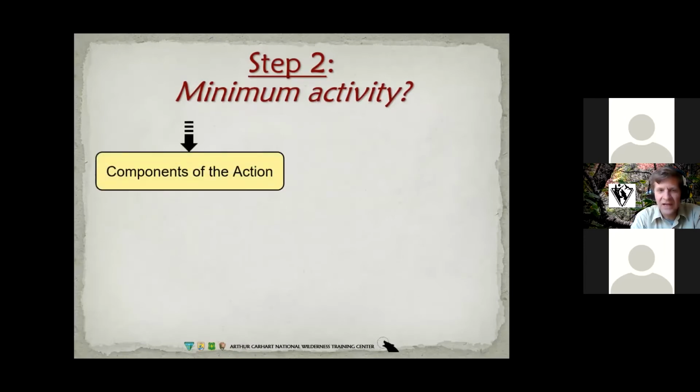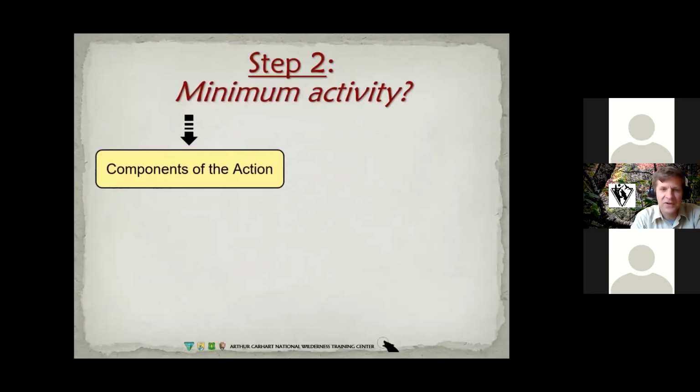And you're going to sort of outline the components of the action. Next slide. And the components of the action, you want to break it down into what are logical phases or stages. So how are you going to achieve the action you're proposing? Usually there's going to be some fairly logical components to achieving it. And when I show you the example, hopefully that'll make more sense. Go ahead, next.